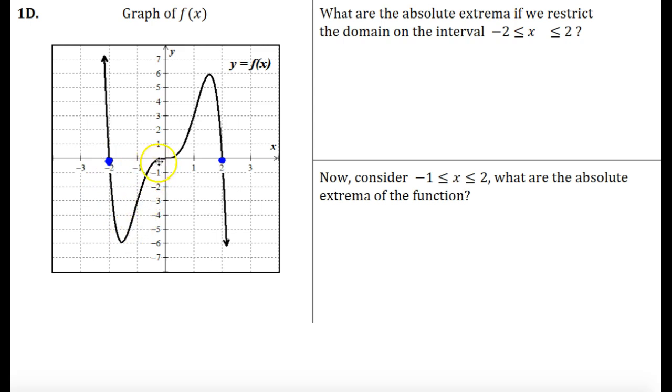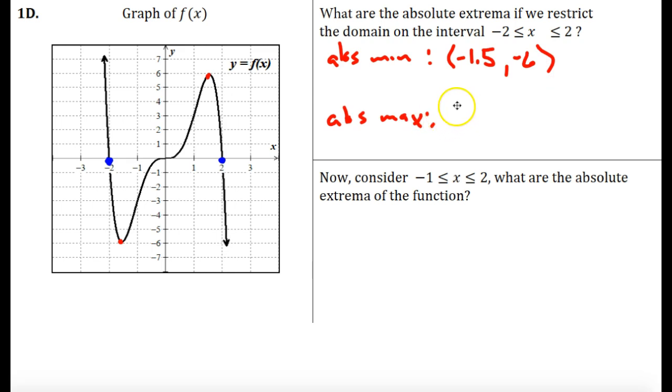So I'm just looking at this piece of the graph. Well, if that's the case, I can talk about absolute extrema. Okay, this value right here would be my absolute minimum value, and this value right here would be my absolute maximum. Right? So let's jot that down. Absolute min occurs at, and we said that was about -1.5, -6. And then my absolute max occurs at the point